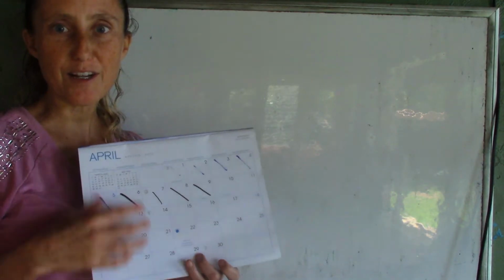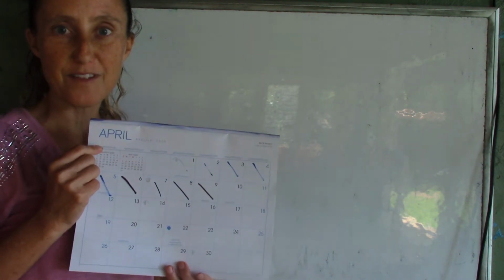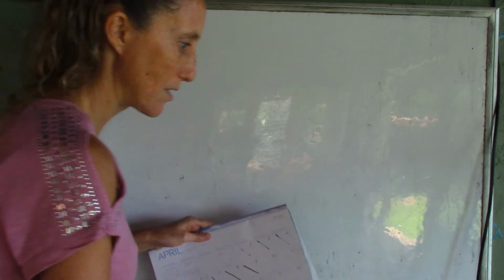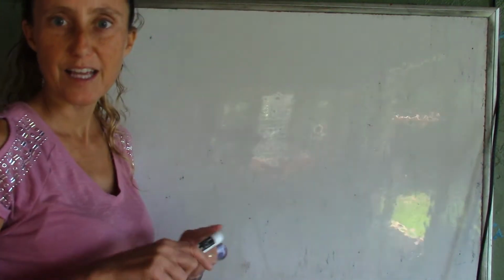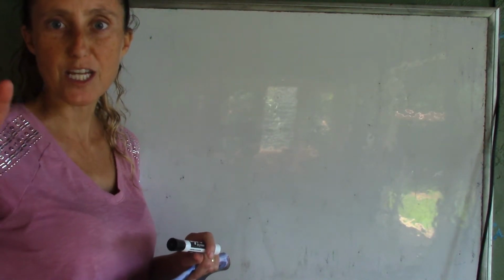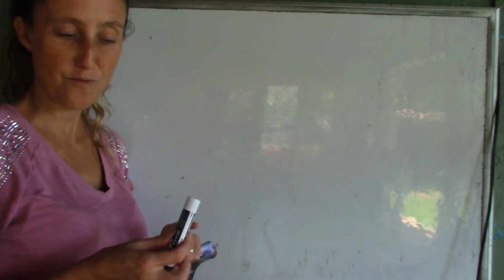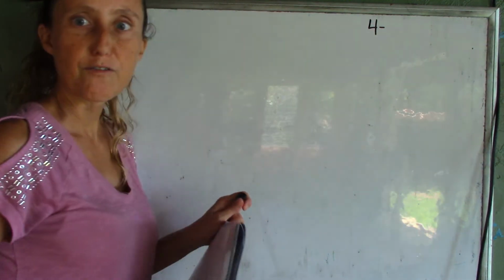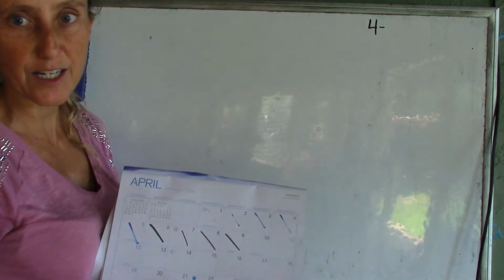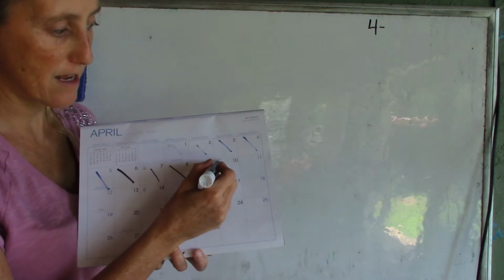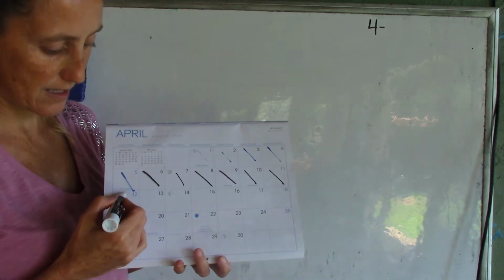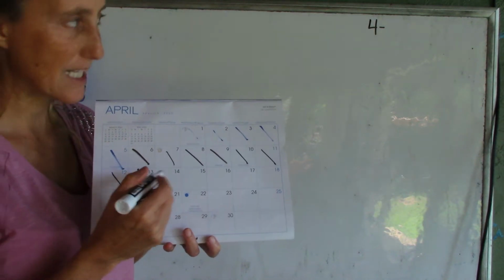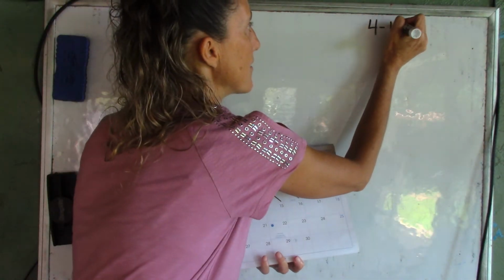But we know that we are still in the month of April. You're right. And April is which number month? January, February, March, and April. So 4. So we're going to write 4 dash, and if we look on here, we didn't do this on Friday or on Saturday or on Sunday. So today is April 13. So we're going to write 13, and it's still the year